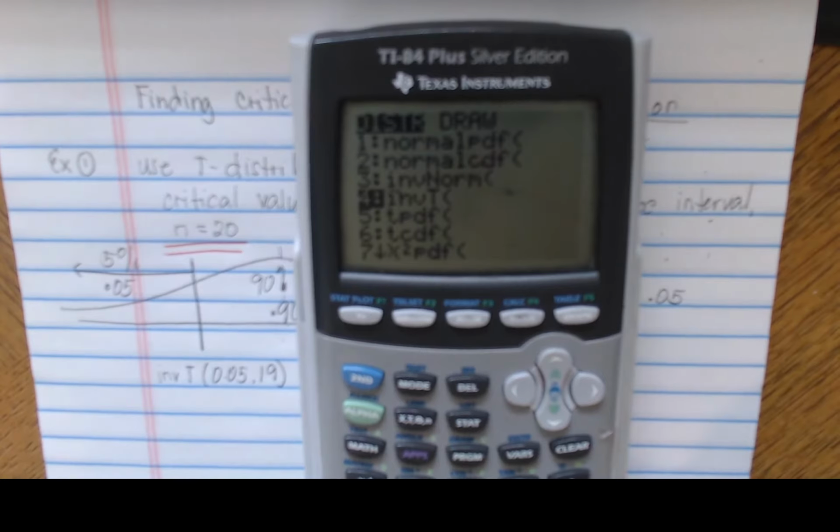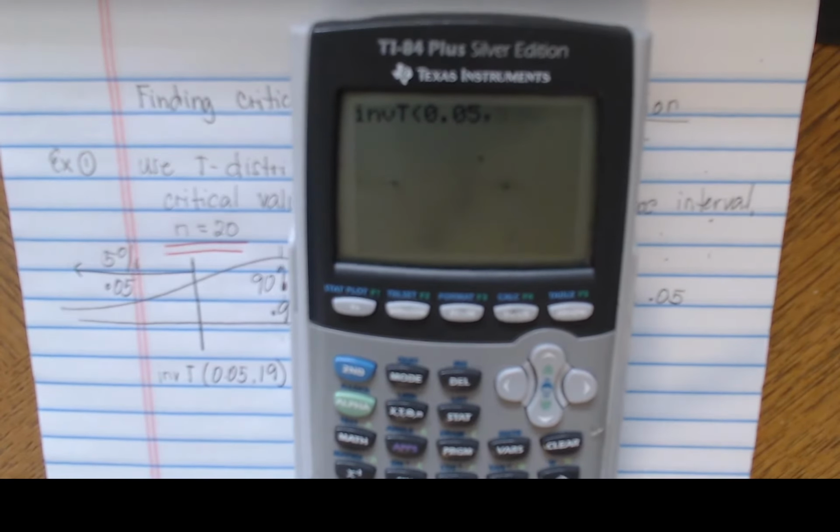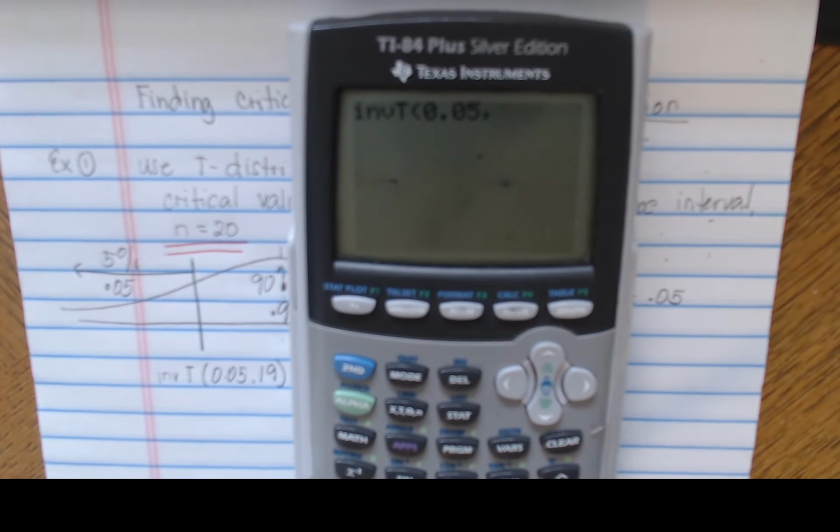Okay, and then our area to the left is 0.05, comma, and then our degree of freedom,